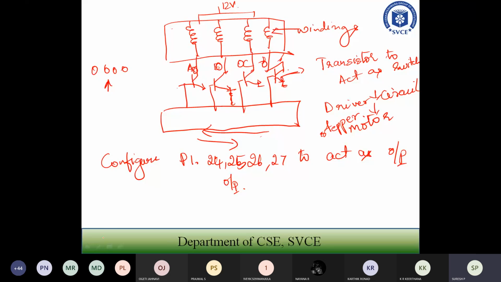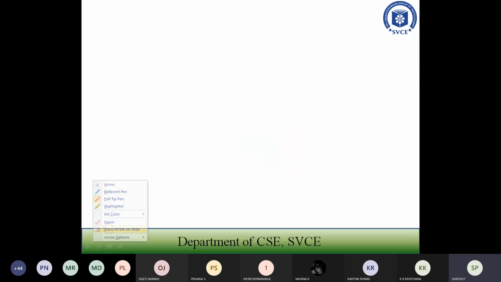Next, when you are going to write the program, here also you are going to have switches: one to rotate in the clockwise direction, the other to rotate in the anti-clockwise direction, the same way as we wrote previously.